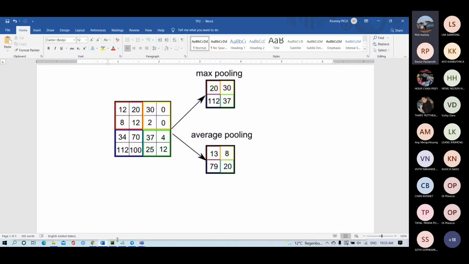Does max pooling only work for things like images? Any data that can be represented as a matrix, we will work on, but the common way, the commonly useful use of this model, is mostly for images.